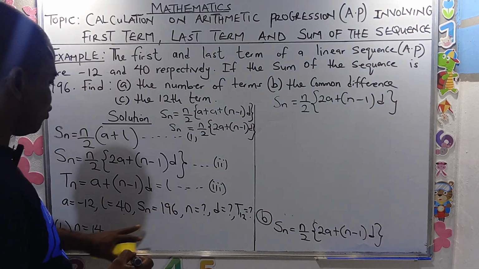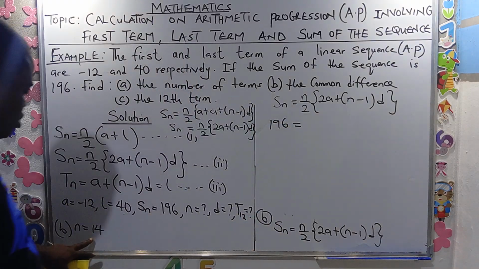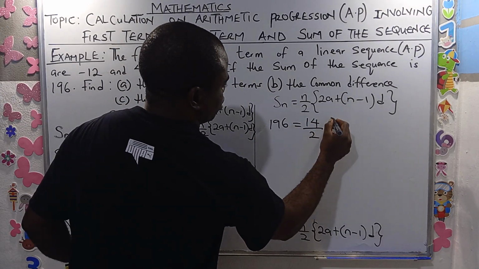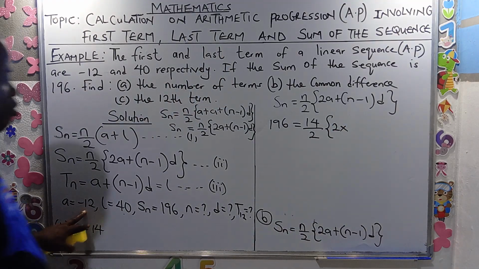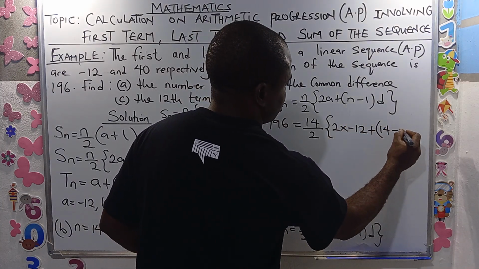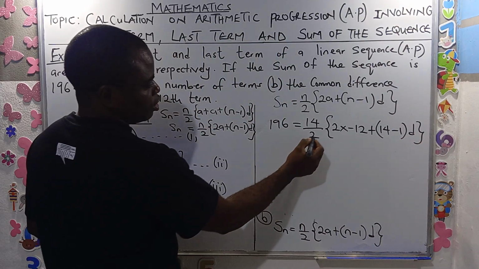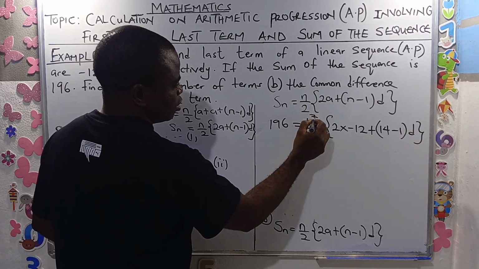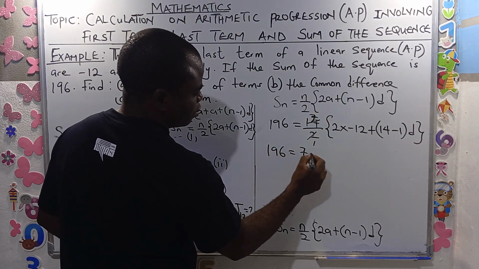Okay, what's the sum of the AP? 196. 196 equals, what's the number of terms? It's 14. 14 divided by 2, open the curly bracket, 2 times, what's our first term? Minus 12. Minus 12 plus n is 14 minus 1, close bracket, d, close the curly bracket. 2 into 14 is 7. Now 196 equals 7,